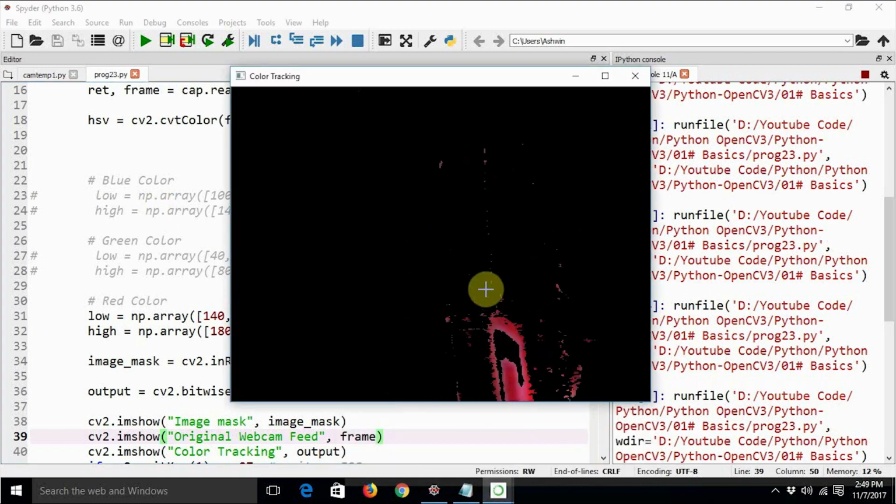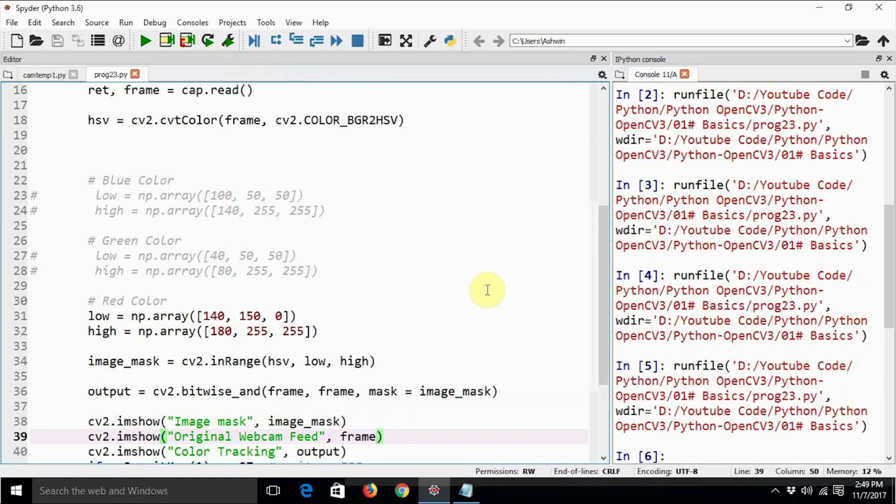But this is how we track objects based on color. This is the very primitive form of object tracking. In case you are more interested in object tracking, you will have to study advanced concepts in computer science like algorithms, artificial neural networks and pattern recognition. You can combine those concepts with OpenCV and the webcam practicals of OpenCV to track live objects in a live environment. So this is it, this is the end of the video.